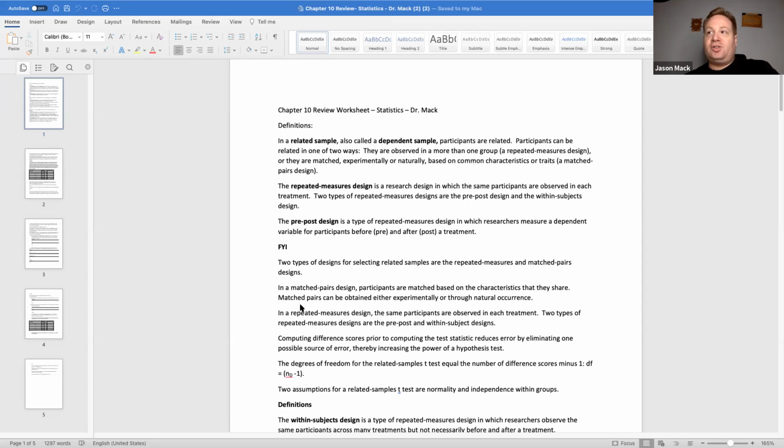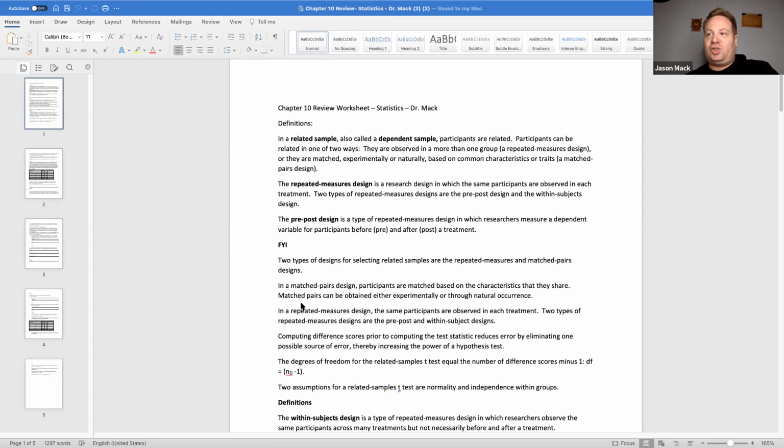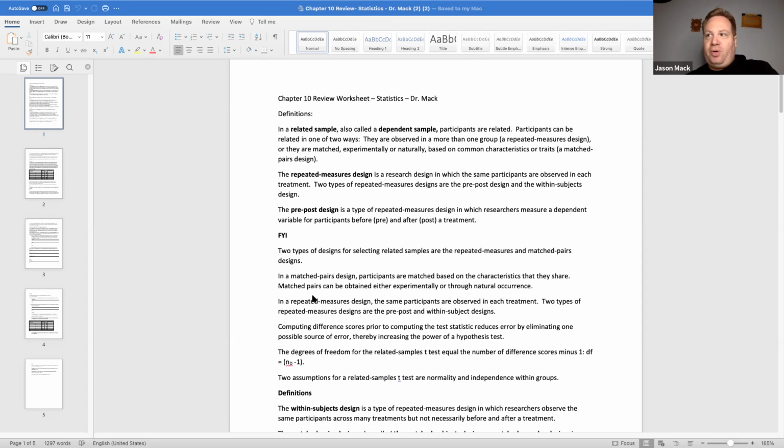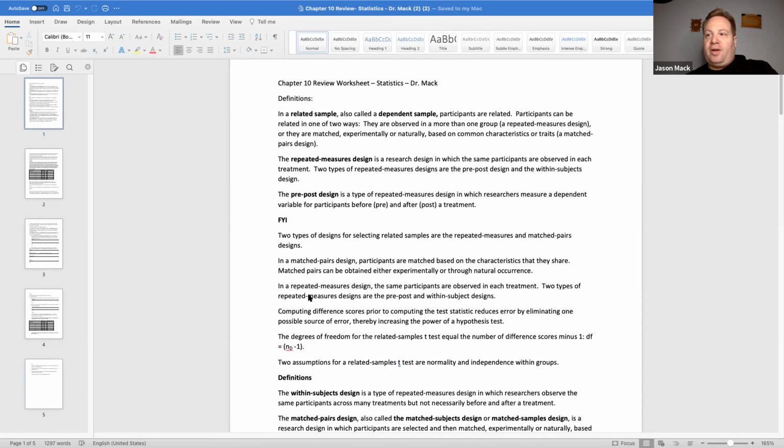The repeated measures design is a research design in which the same participants are observed in each treatment. Two types of repeated measures designs are the pre-post design and the within subjects design. The pre-post design is a type of repeated measures design in which researchers measure a dependent variable for participants pre and after, post, treatment. FYI, there are two types of designs for selecting related samples, the repeated measures and